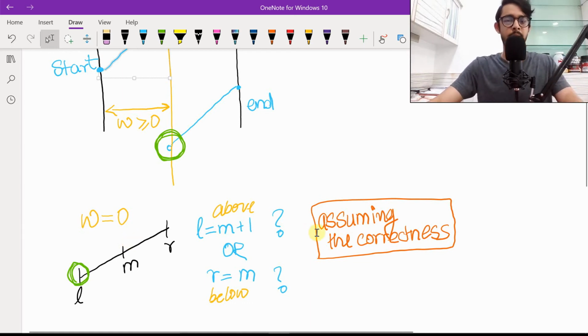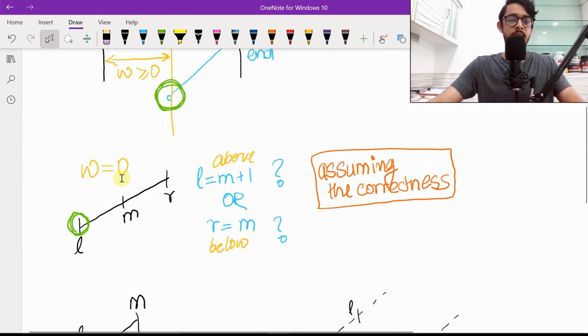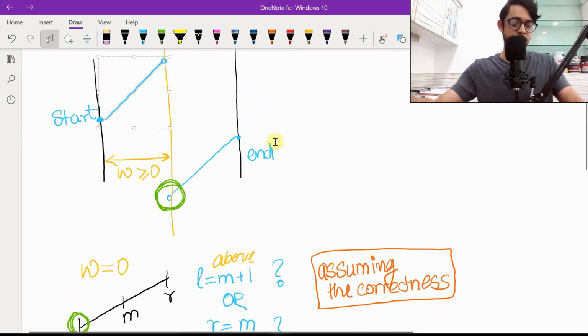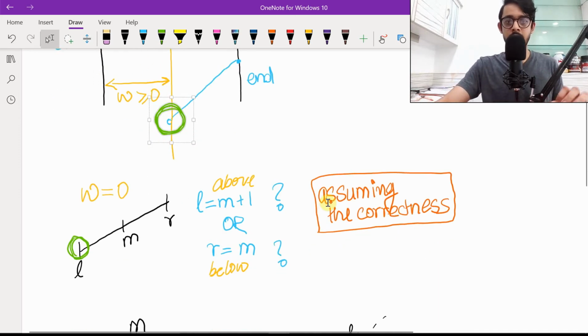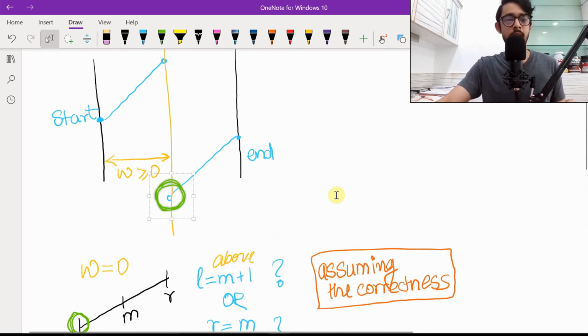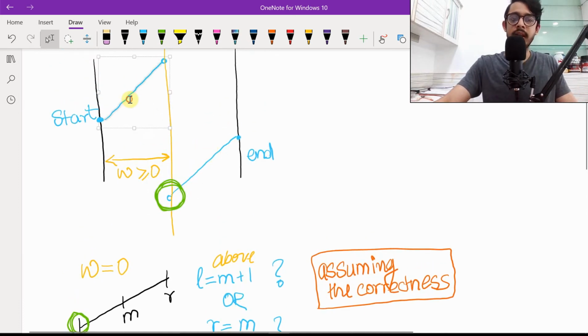But there's a sneaky thing that happens. Assuming the correctness of our solution, assuming the correctness of both of these cases, we will actually never have a case where W is greater than 0 and you end up in the first part. Let me say that again. Assuming that we can always find a solution that gets us to this green circle here, and that both of these logics are correct and perfect by the way, we can always say that we will never land at this part.